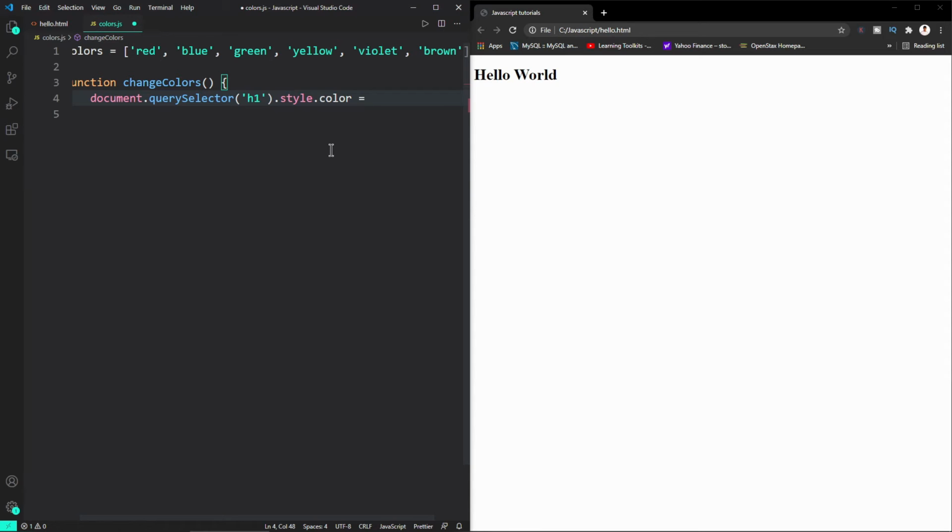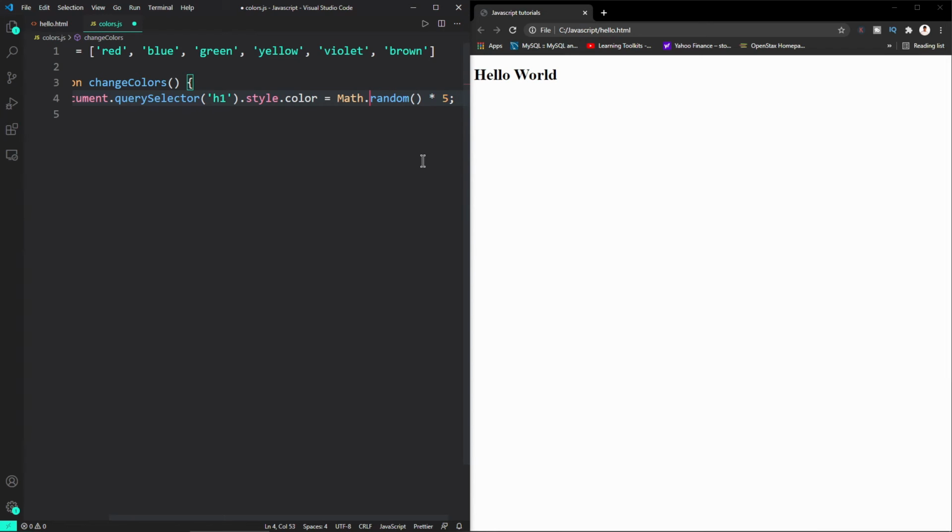So for that I'm going to use the Math function. So I'll say Math.random and choose any random number between 6. Now as you can see we have 6 elements, so over here I'll say choose any random number from 0 to 5. So this times 5 does that job, it will choose a random number from 0 to 5. Now the problem with this random function is that it returns a decimal number. So let's say if the random number chose 4, then it will give us 4.312 whatever it is.